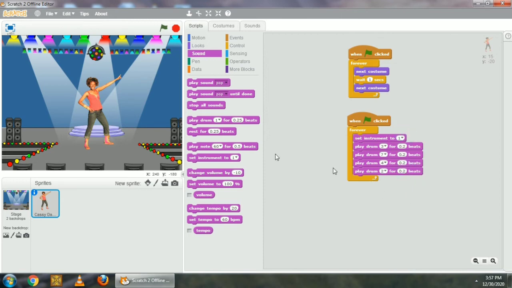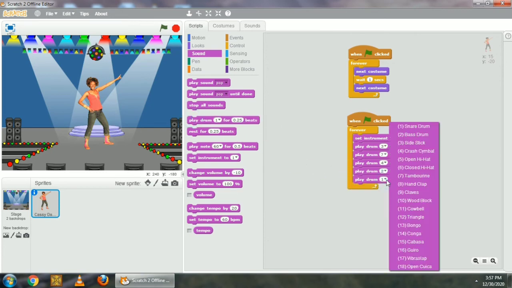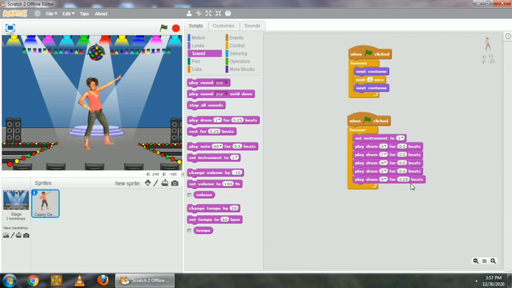Every time we have to type. So again play drum. Now we have to select the number 9. Click on number 9 and here type 0.2 from the keyboard. Again take the play drum block, click on this arrow and select 1, and type 0.2 from the keyboard. Now again take the play drum block and select 15 from this number and type 0.2 from the keyboard. Now again take the play drum block, click on this arrow and select 13 bongo music.